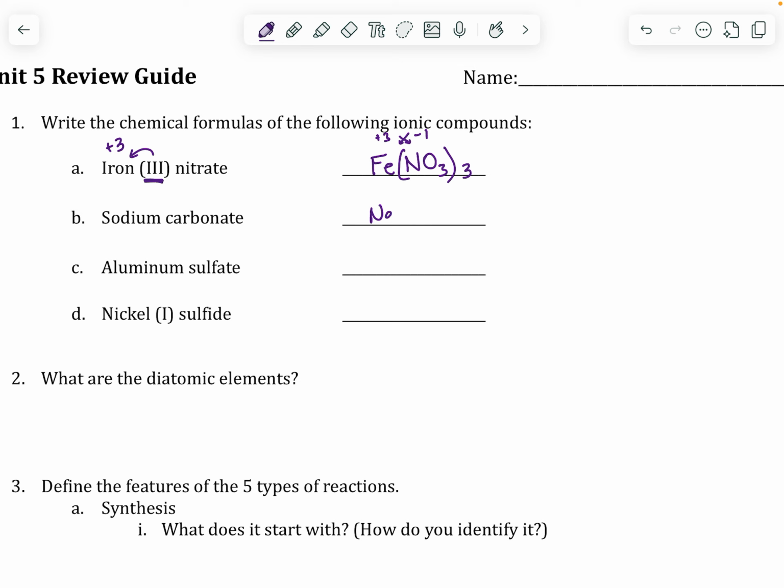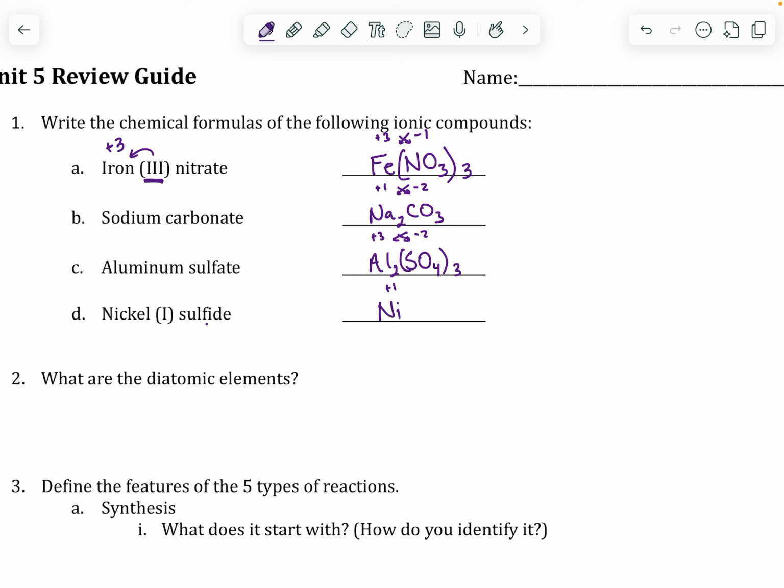All right, so just a couple of little gentle reminders there. Sodium, +1. Carbonate, another polyatomic, is a CO3 group. You can cross them, and I need 2 sodium there to balance out the charge on the carbonate. Aluminum, +3. Sulfate, another polyatomic ion. In this case, crisscross those, we see we need 2 aluminum for every 3 sulfate ions to get that charge to be 0. And then we see nickel 1